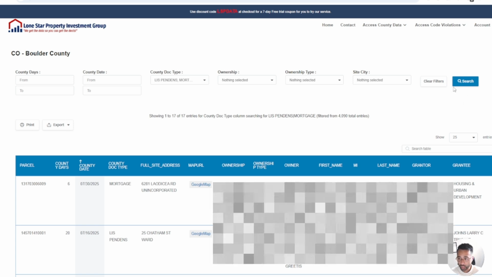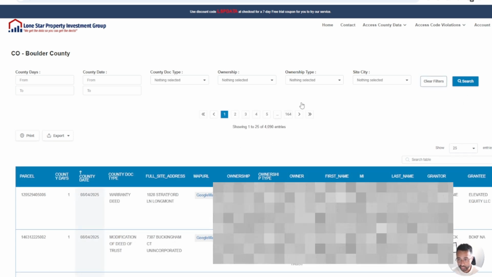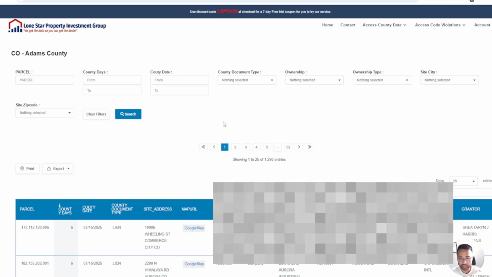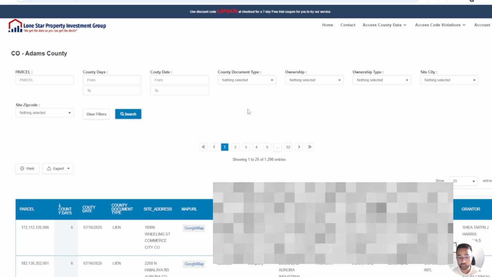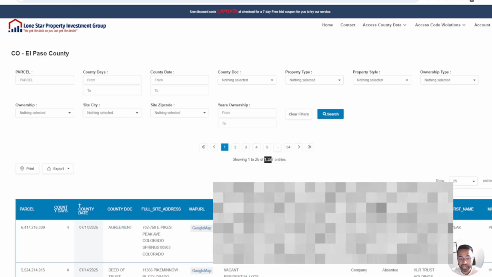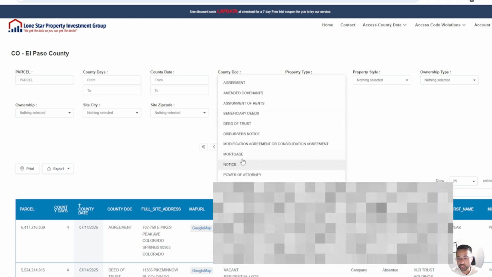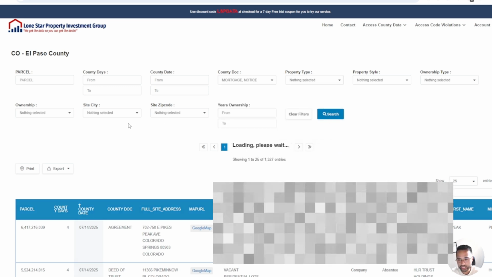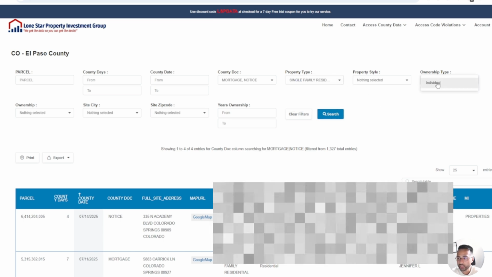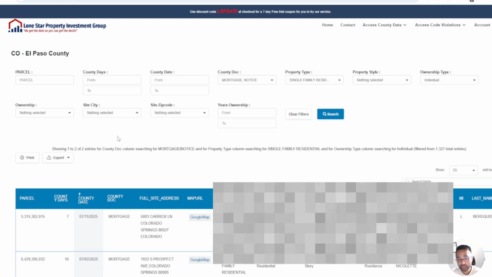And obviously, we give you all the relevant information that you need to make it easy to skip trace. A lot of these are pulled on a daily or weekly basis, and depending on the county, maybe up to 31,000 records. These are currently growing as well, so expect more. If you have a specific county that you're working with, reach out and let us know. But for now, it's as simple as logging into the platform and selecting which documents you're interested in, like I said, mortgage, notice, Lis Pendens, and a lot more. Maybe you're interested in just single family properties, or just individual owners. It's just as simple as that,